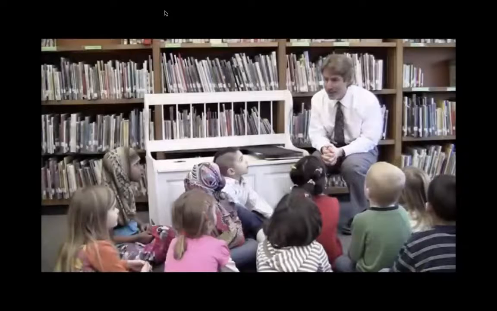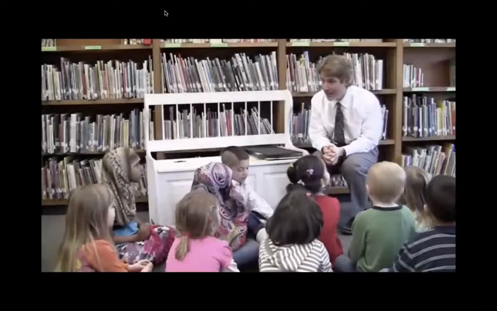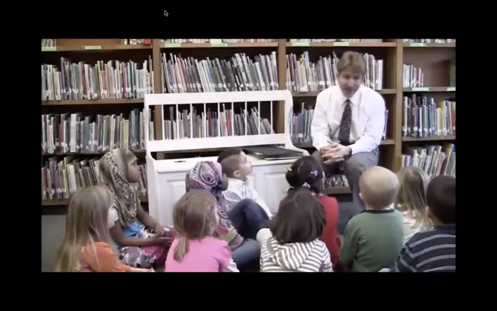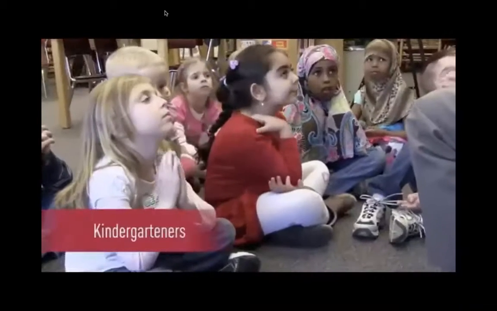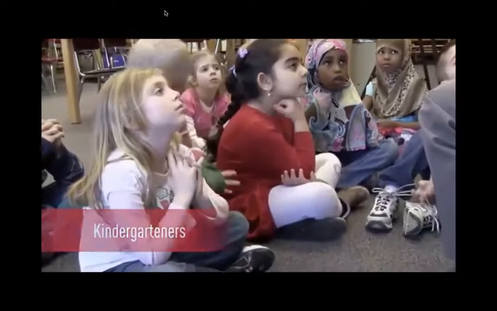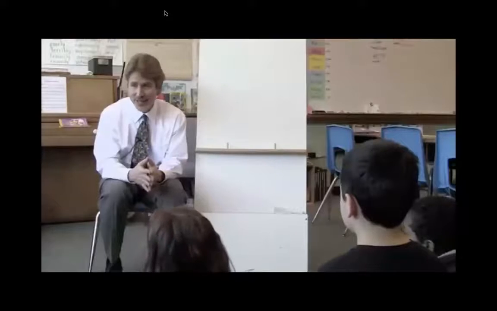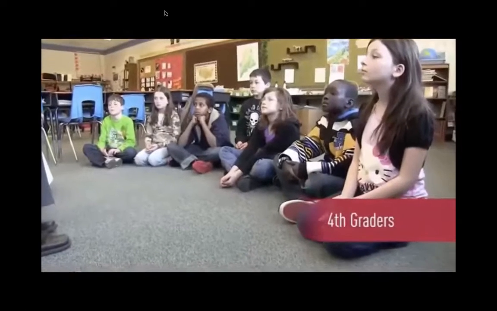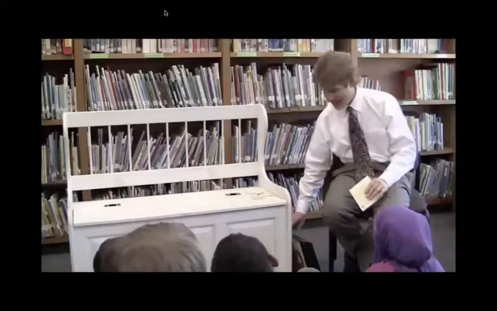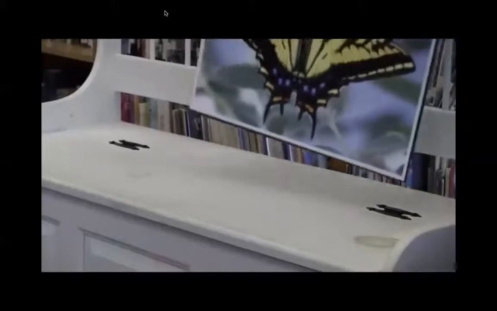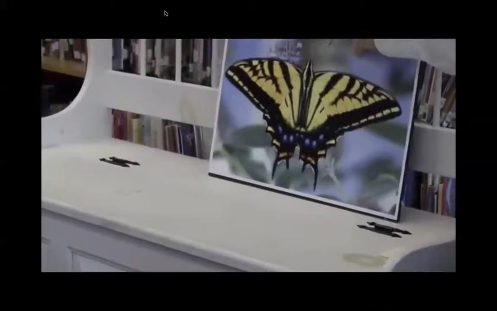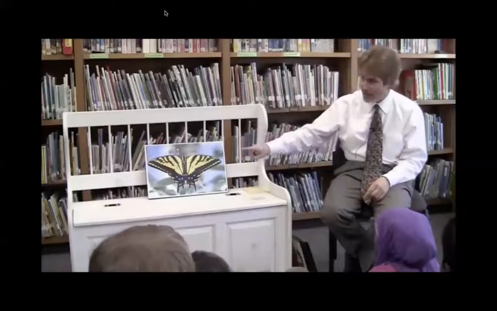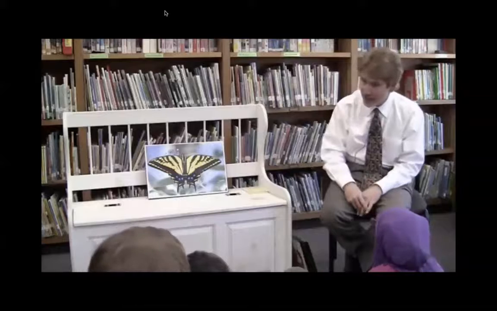This is a story called Austin's Butterfly. And it's a true story about a first grade boy, and his name is Austin, and he goes to school, or used to go to school, in a town called Boise, Idaho. And in his class in Boise, Idaho, they were studying butterflies, and he had to do a project. His job in first grade was to draw a butterfly, and this is the butterfly that he picked. Austin had to use this photograph as his model, and he had to draw an accurate scientific drawing of this butterfly. This is called a tiger swallowtail.